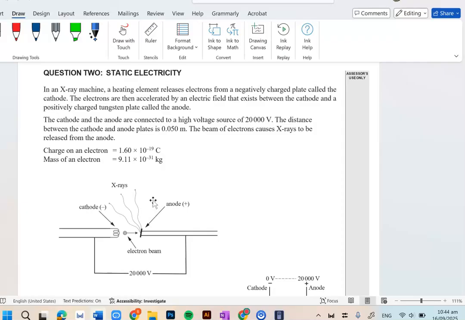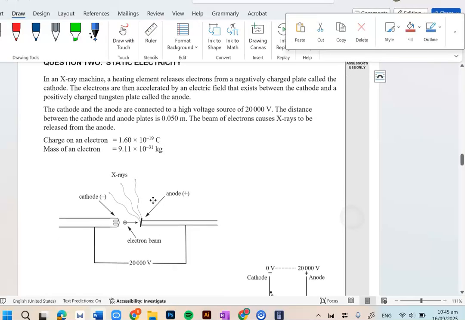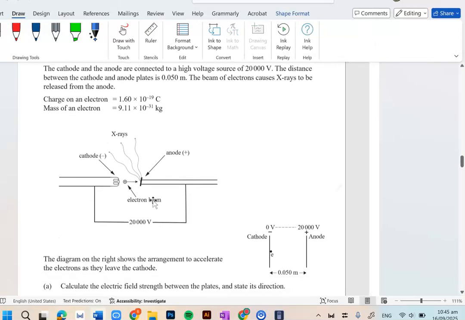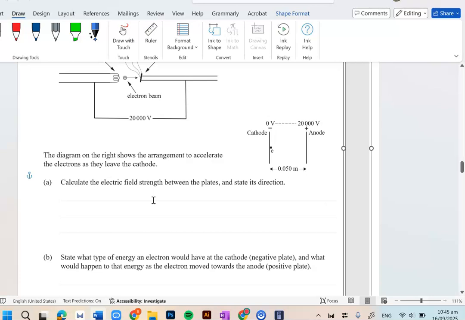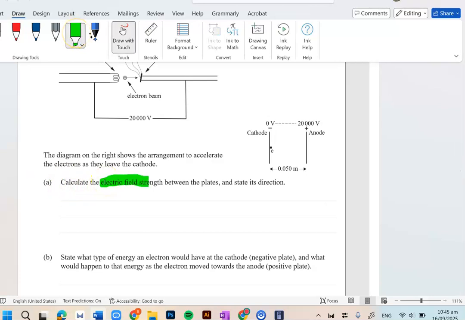In an X-ray machine, a heating element releases electrons from a negatively charged plate called the cathode. And then there's all this information here. So, the question is, calculate the electric field strength between the plates and state its direction. So there's two things we need to answer. So the electric field strength is just the voltage divided by the distance. So that's going to equal,